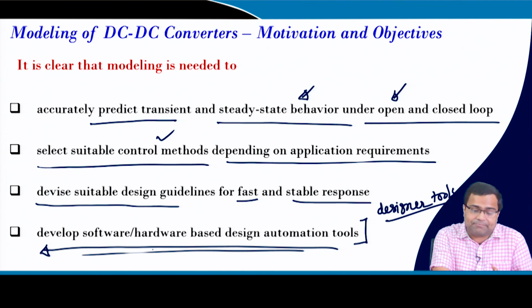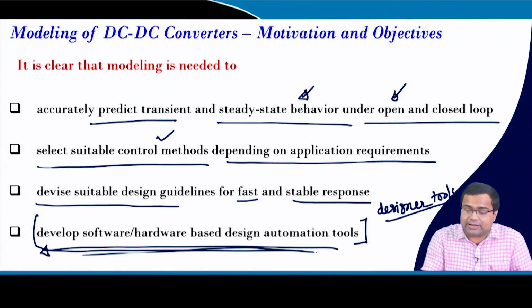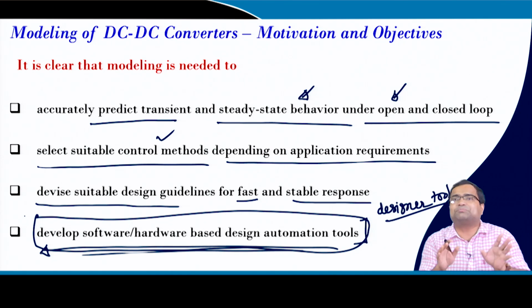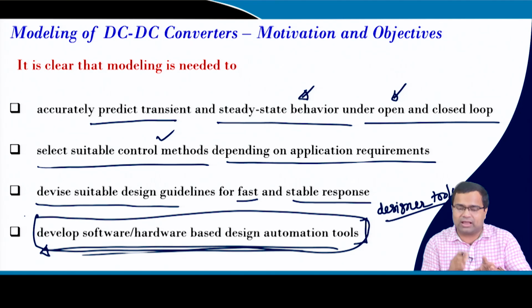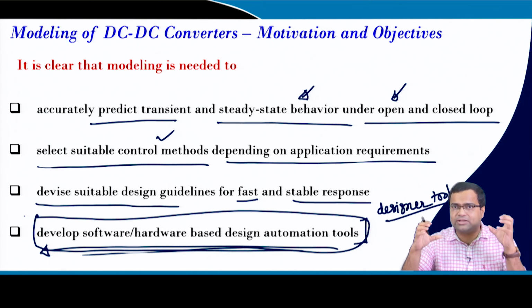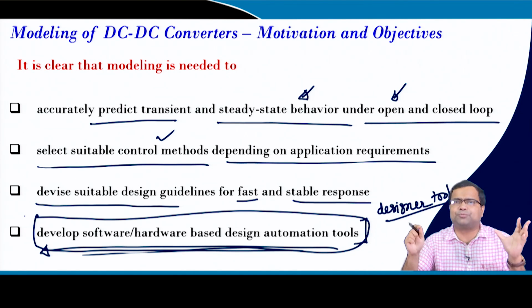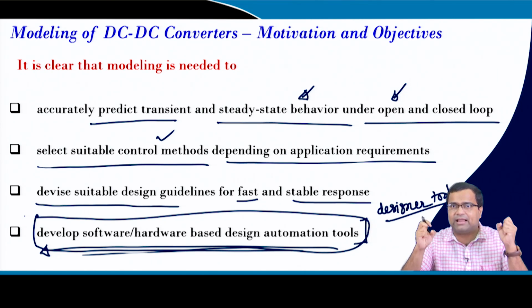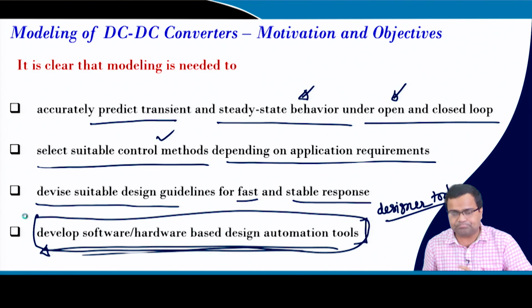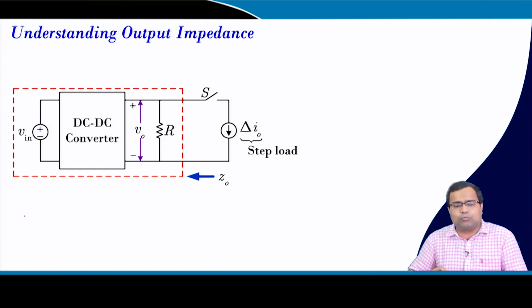So this step is also very important. It will try to automate, so you do not have to spend time again and again writing code for matching. So in one code it should be generic, which will ask for some specification and take the values from some parameter file. Then, understanding output impedance.